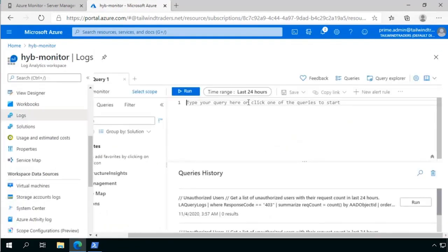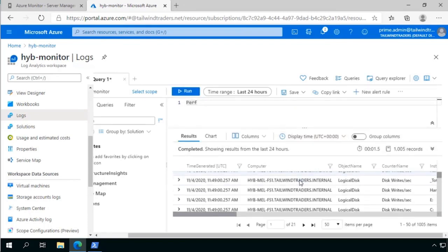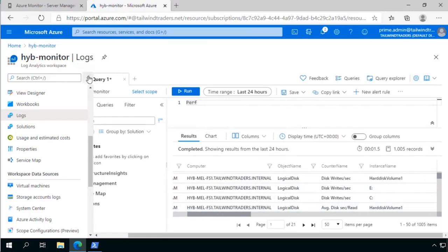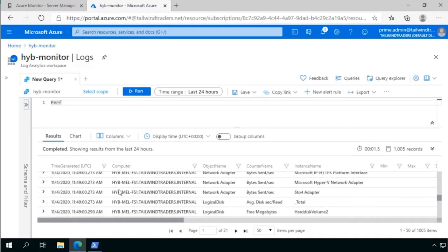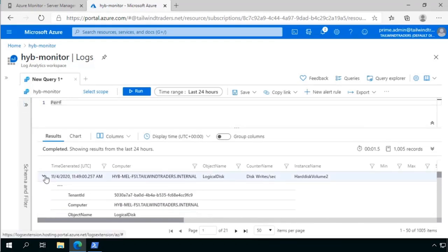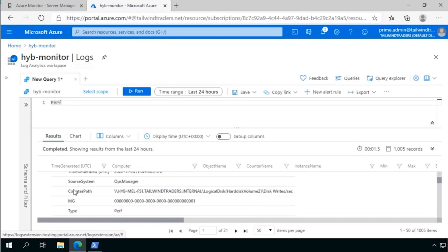So now let's switch to logs, and this is actually the log editor, if you will, where I can create queries with the Kusto query language. Some of you maybe remember it as Kusto. So with this query, I get the performance information in my Log Analytics workspace. You can see here all the different performance logs sent to that specific workspace with all that information. If I drill in a little bit more, I get even more information about what this